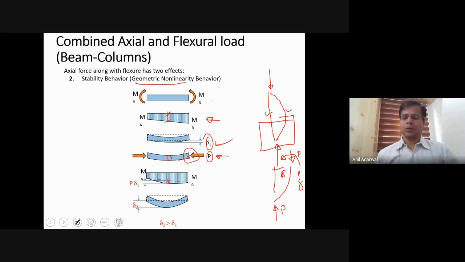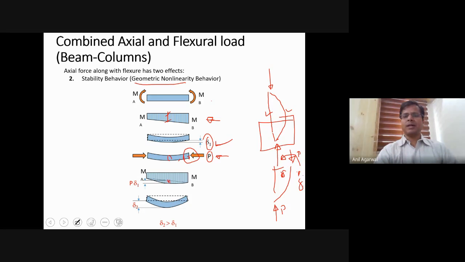Okay. Sorry for the poor quality of drawing. So the P delta moment that is happening here is an additional moment. It is also known as secondary moment. The primary moment was your MA and MB. Then you get a secondary moment of P delta. And for calculating this P delta, now what will happen is, because of the P delta,